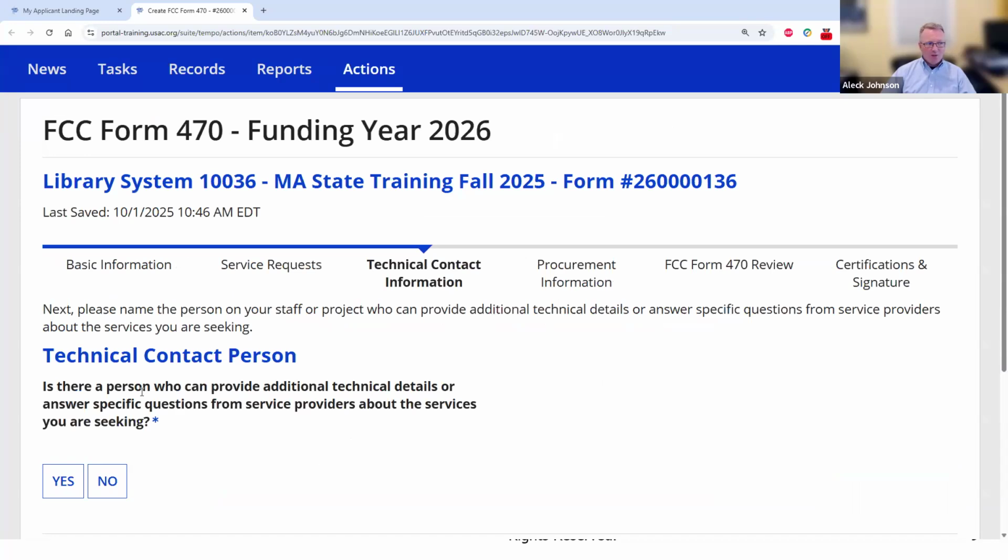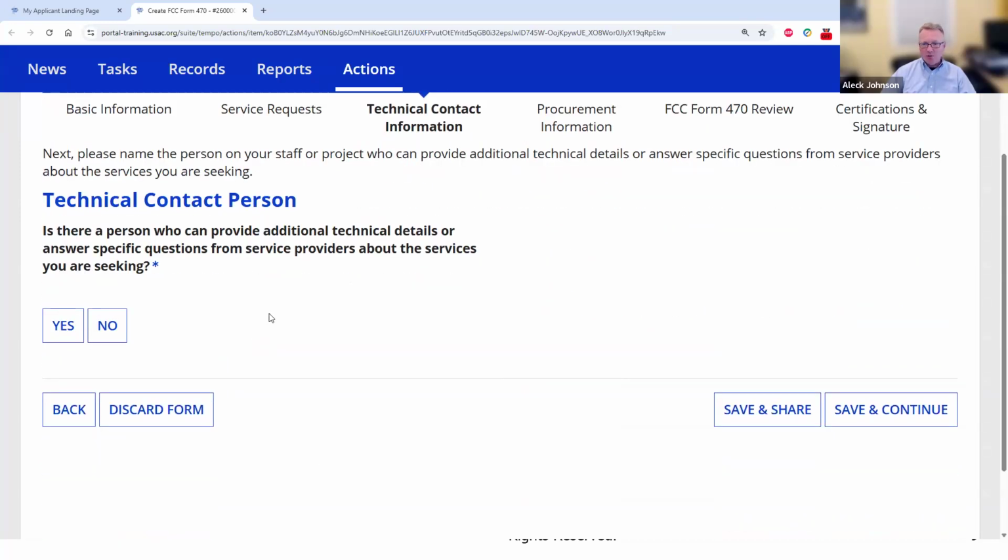The next question they ask is whether you have a technical contact person who can answer questions about the services that you've sought. Now, it's up to you as to whether you ever want to provide a technical contact. My advice is that you typically do not want to provide a technical contact. Why? The simple reason, as we discussed during last week's training, is that you need to make sure that all vendors are treated equally and they're all given the same information. That means that you need to control that information pretty closely and make sure that it is only put out via official